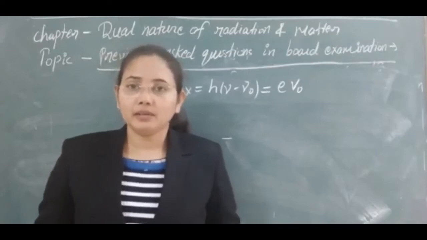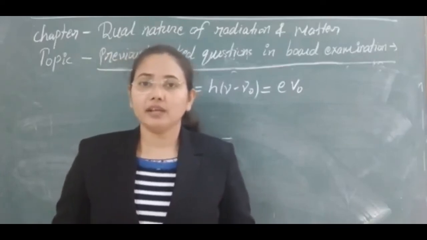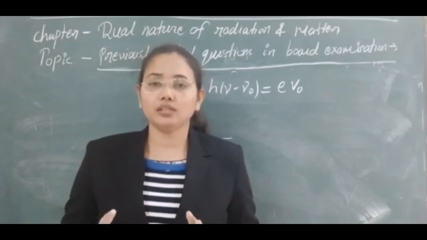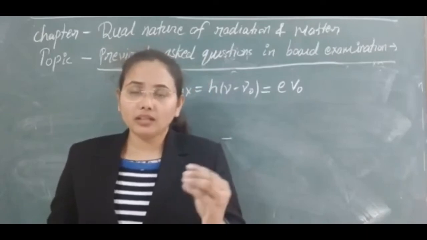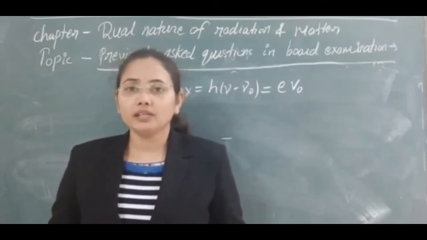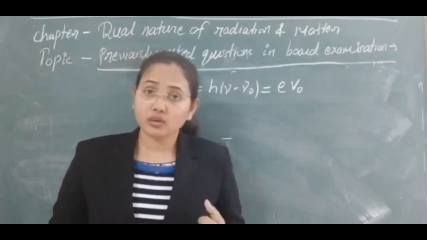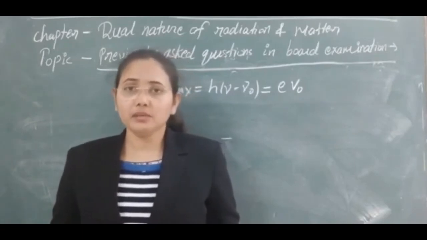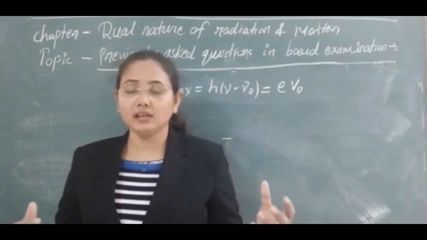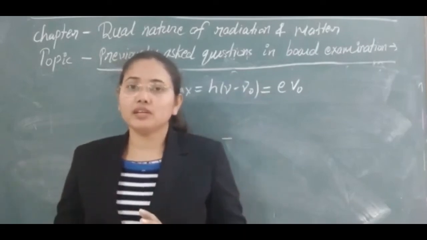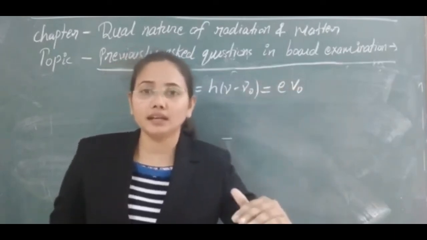But from the wave concept, we know that whenever a wave is incident on any metallic surface, the wave is distributed uniformly throughout the surface. Then all the electrons that are revolving in different orbits will take some time to receive that amount of energy. Also, how much energy one electron has to take is uncertain in that case. So all of the electrons will get energy equally. Even an outer electron will get the same energy as an inner electron.